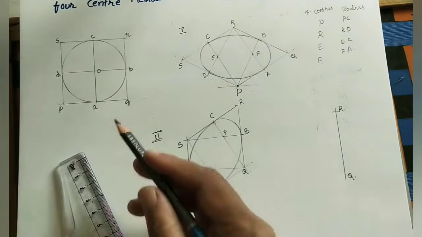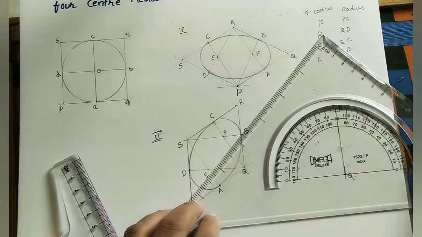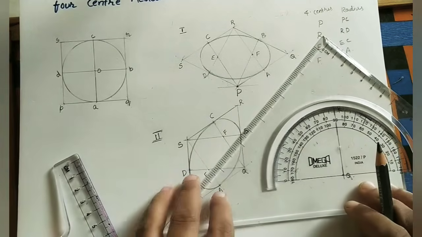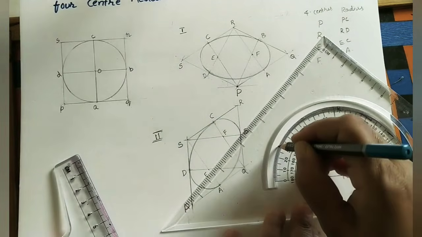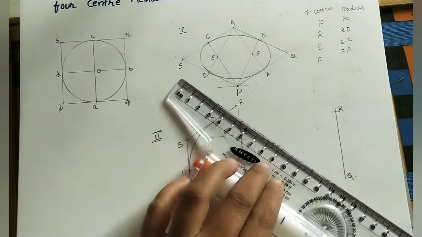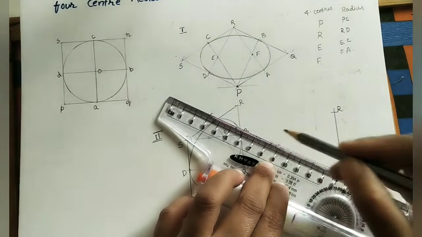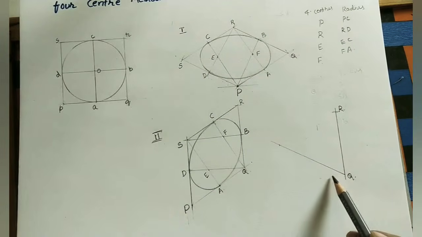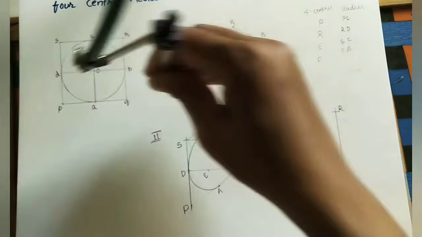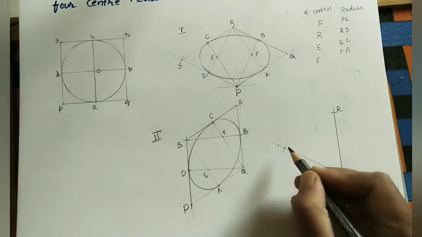So the vertical line is coming as it is, and here the horizontal lines are tilting 30 degrees. So at Q take the 30 degrees line. Mark 30 here and join to this Q point. Do one line here. This line is tilting 30 degrees. Now on this inclined line, take this QP length. Here mark from Q. This point is P point.